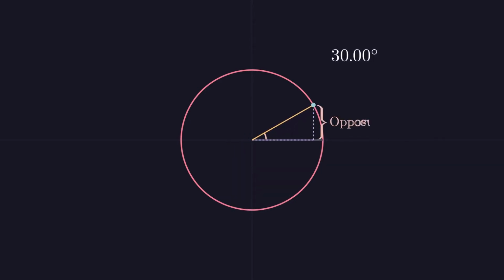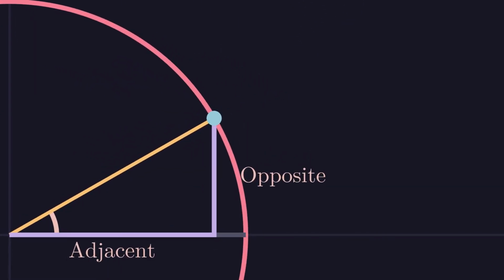Anyways, now let's look at the triangle formed by these different distances. We'll be looking at the angle between the radius line and the positive x-axis. This is called standard position. So, keeping in mind that the radius is 1, let's take a look at what that means for our trig